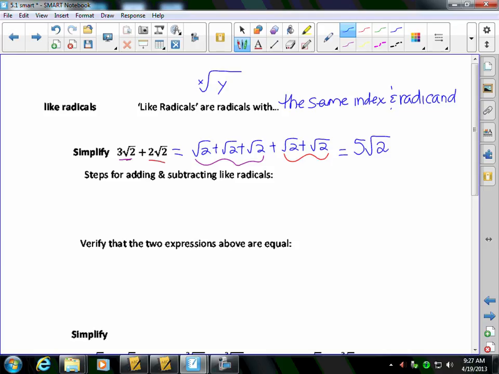Yep. So if they are like radicals with the same index and the same radicand, then it's just like they're a variable. This is the same as adding 3x plus 2x. So all you do is add up the numbers in front. You add up the coefficients. So your steps,